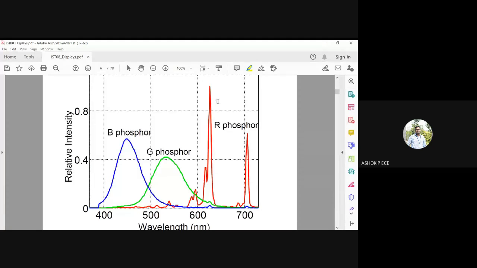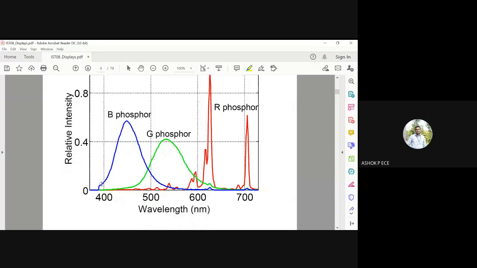The violet starting wavelength is 400 nanometers, and the last one, red, goes to 700 nanometers. So violet is going to be 400 and red is going to be 700. See here, that is what is red. You see, it is going till 700. And violet, indigo, blue come around after 400. So around 450 you have the blue, and around 550 you have the green.